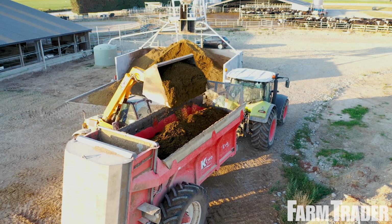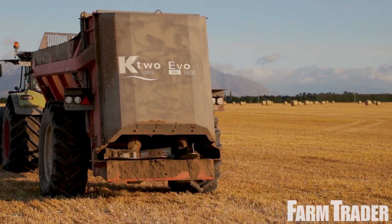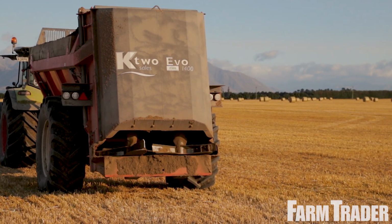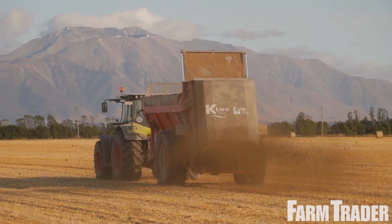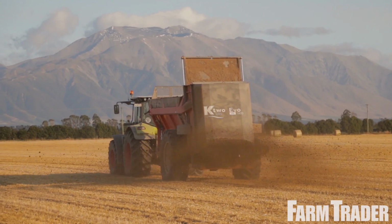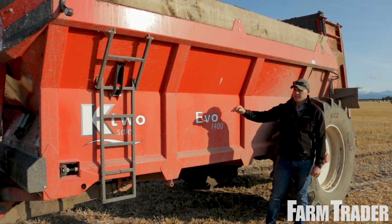It pumps it up to a solid separator, and then they use this K-Two Evo 1400 behind us here to spread the solids out of the separator onto the cropping ground, so they're really utilising all of that nutrients from the dairy farm. A couple of key features, the reason why they chose this one is it's got scales,